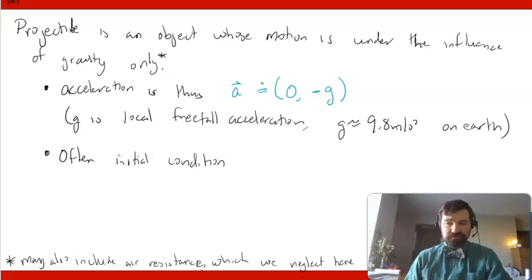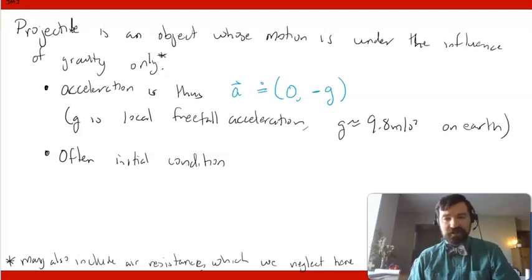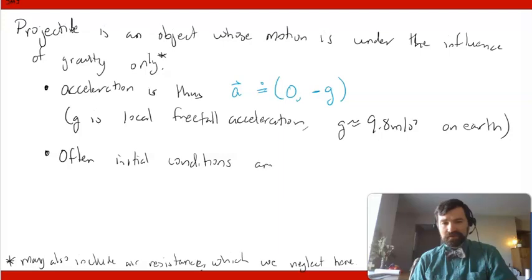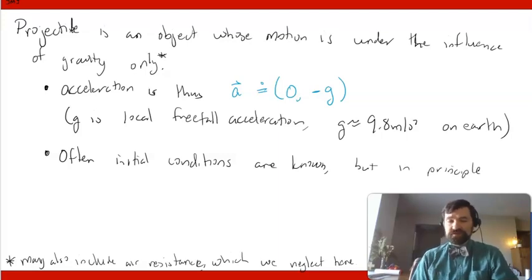You do have to end up having a little more information in that case, however. For example, you have to know at what time the final condition occurred. So often the initial conditions are known, but in principle we need to know a set of conditions at some